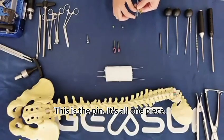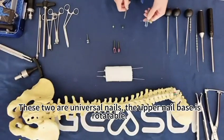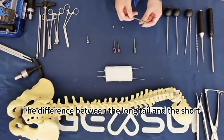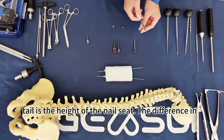This is the pin, it's all one piece. These two are universal nails, the upper nail base is rotatable. The difference between the long tail and the short tail is the height of the nail seat. The difference in